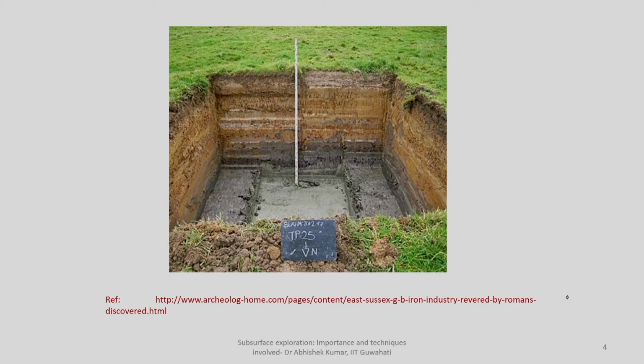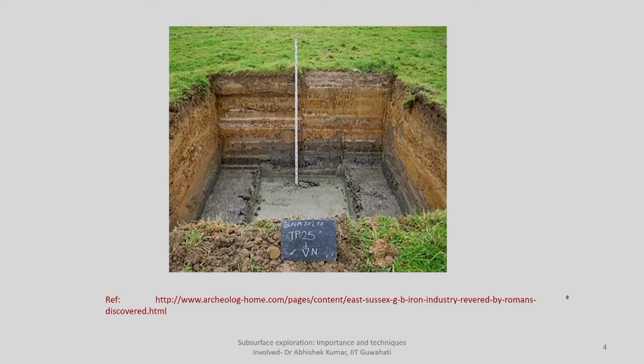So, this is one typical photo, and the reference is also given here. You can get an idea, once you start digging, what kind of soil is there at different layers. You can see on the vertical face, in the top layer there is vegetation, and then with respect to depth there are different kinds of soil deposits available, in terms of colors also. Whatever sample you have collected at every depth you will report, like this is the particular depth from which the sample has been collected, and based on inspection of the sample you can also classify